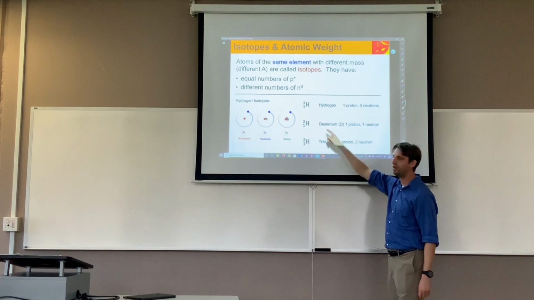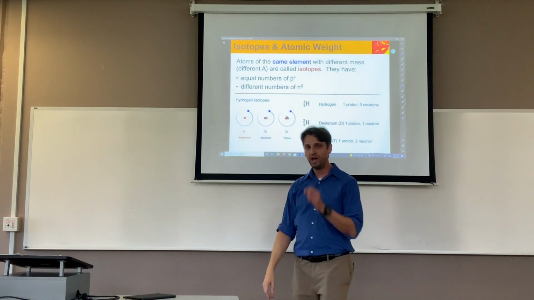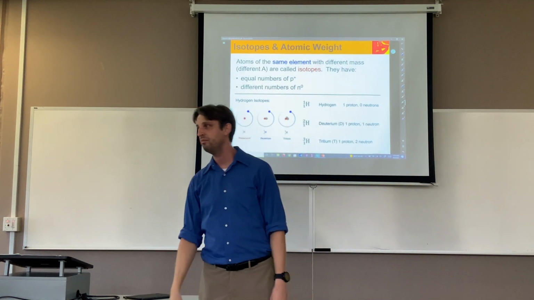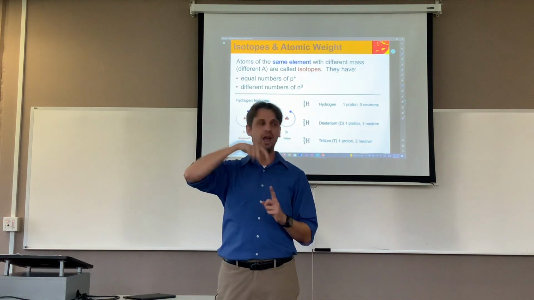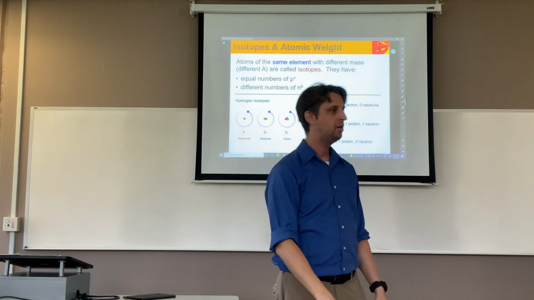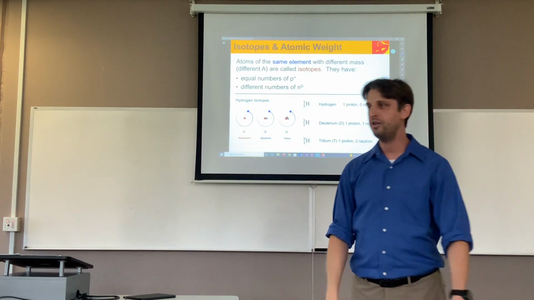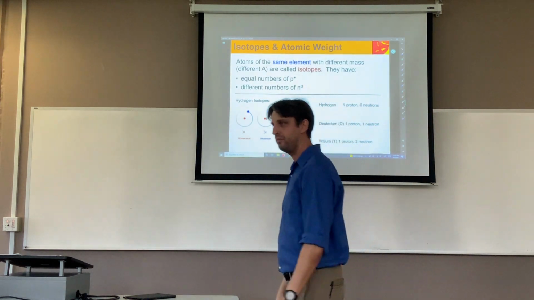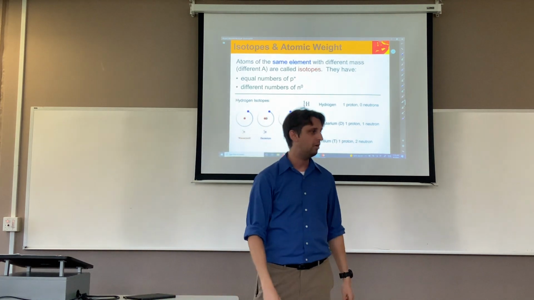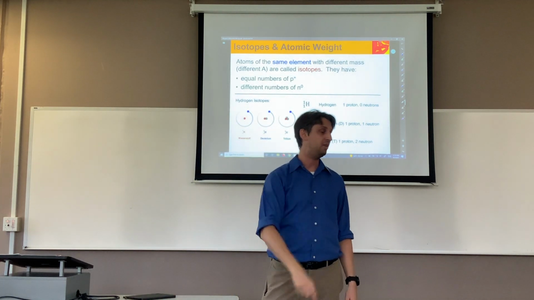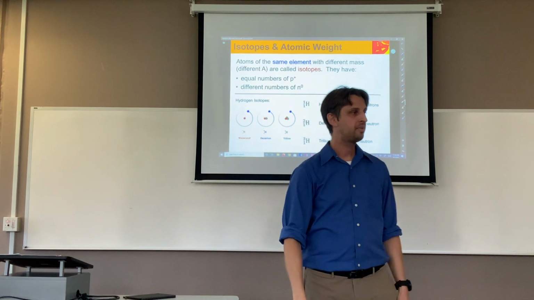Now why is deuterium so useful for us? Well, hydrogen's the smallest element we can get. It just has 1 proton and 1 electron. If I add another neutron to a hydrogen, I double the weight of it, because I'm adding basically another neutron to it. Why is that important? Well, we can actually measure the difference of reactions.